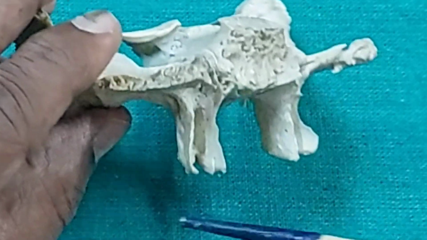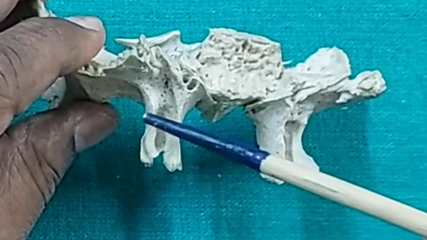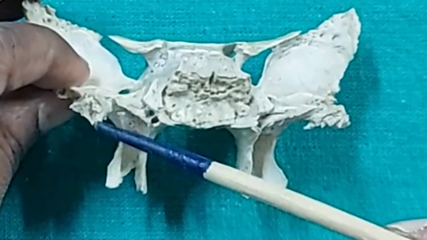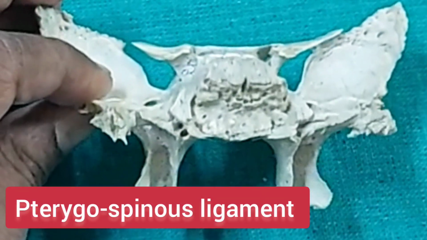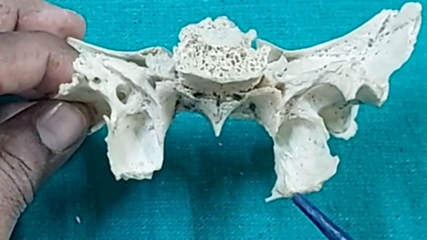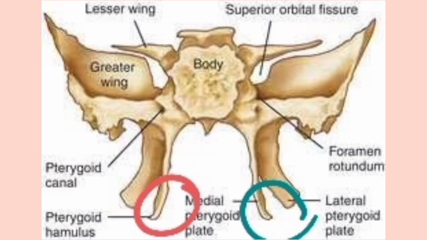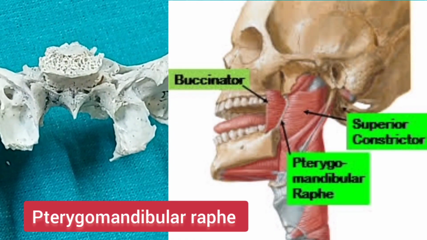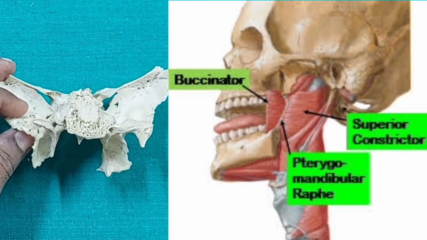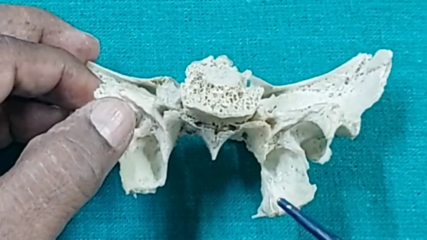From the posterior border of the lateral pterygoid plate, there may be a bony projection which is connected with the spine, the pterygospinous ligament. On the posterior border of the medial pterygoid plate, there is a hook-like bony projection. It is called the pterygoid hamulus, and here there is one attachment, the pterygomandibular raphe. One end is the pterygoid hamulus and the other end is the mandible, and over this hamulus the tensor veli palatini